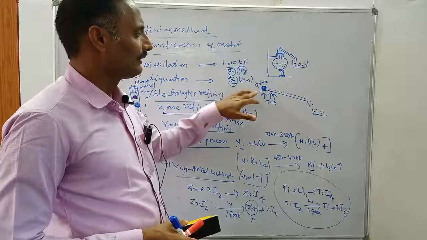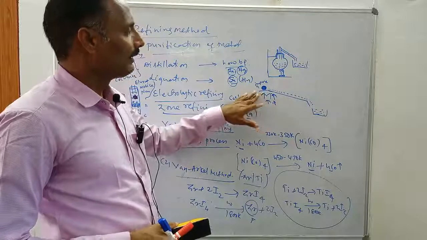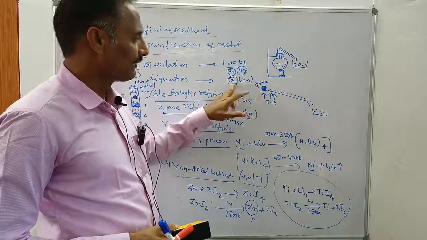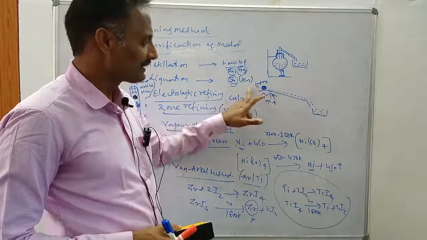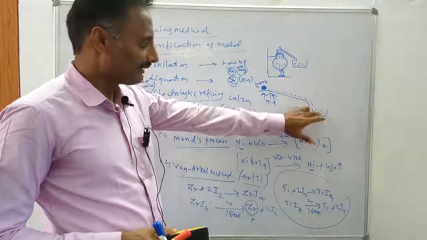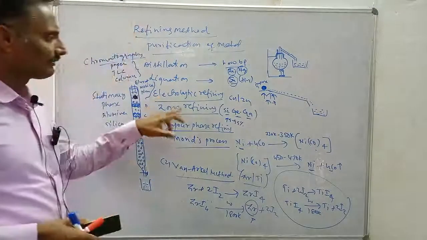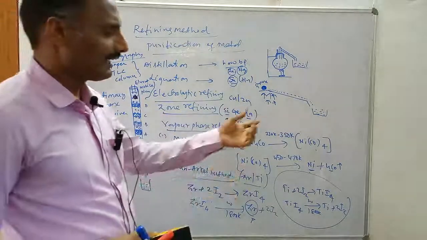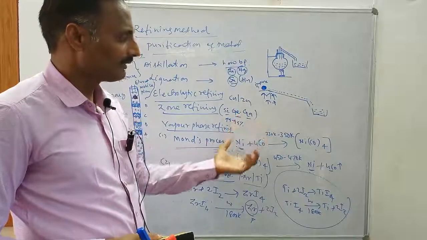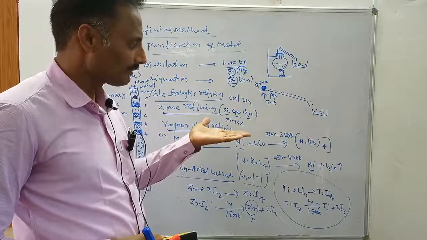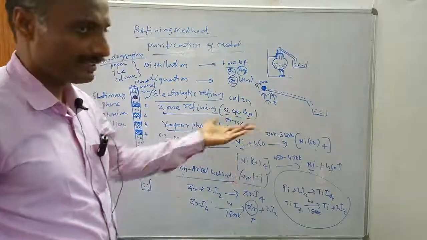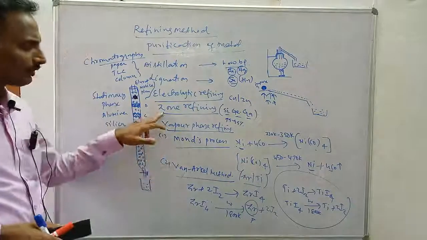In this technique we use a sloping hot furnace. An impure sample is kept on the sloping hot furnace and heated. The low melting metal melts first, leaving behind impurities on the furnace. Then we collect the liquid metal in a vessel. In electrolytic refining, there are two electrodes: one is the anode and the other is the cathode. The anode is the impure rod and the cathode is the pure rod. When these two rods are kept in a suitable electrolyte and an electric current is passed, the anode dissolves in the solution and deposits on the cathode.